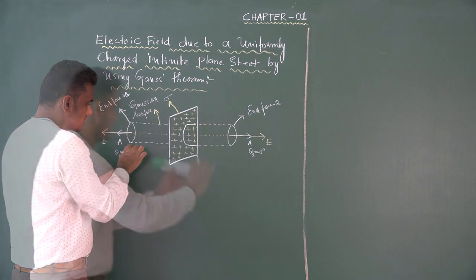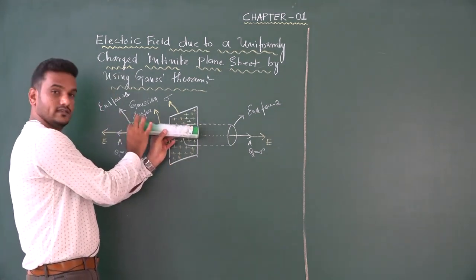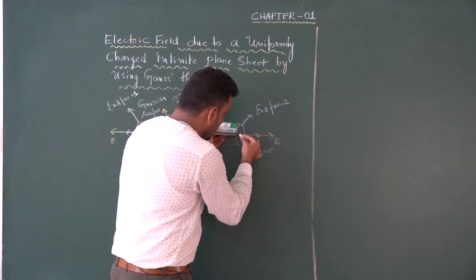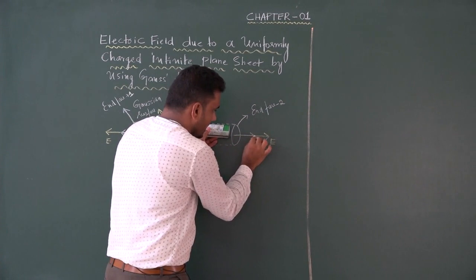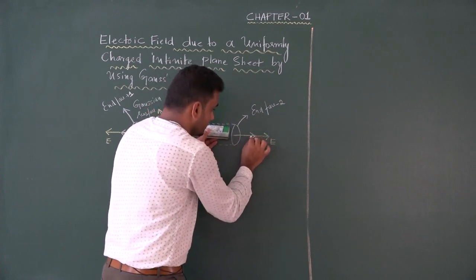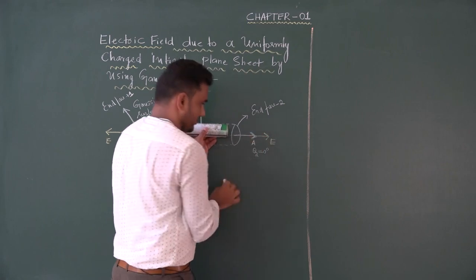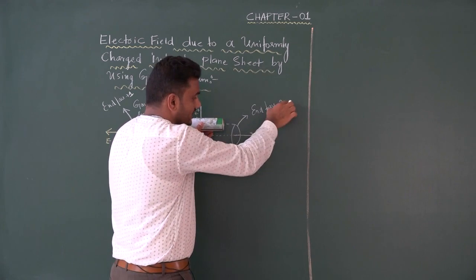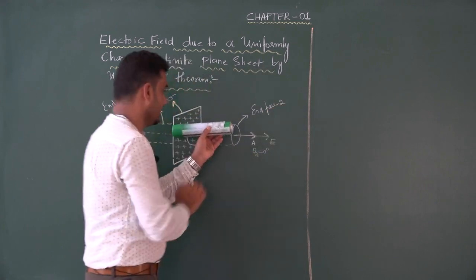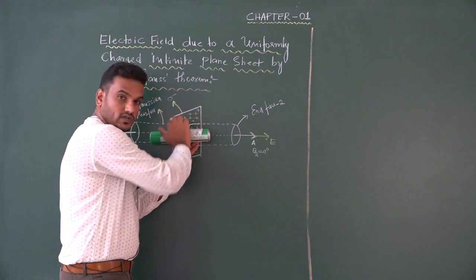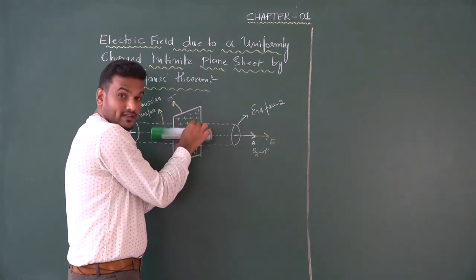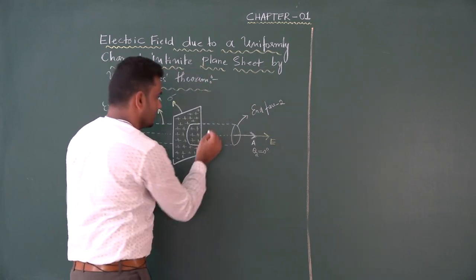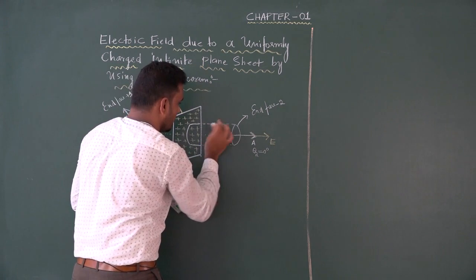So here both are parallel to each other, so theta 1 is equal to 0 degree. For end face 1, I am writing the area vector perpendicular to this surface. Similarly, perpendicular to this surface I am writing one more area vector. Both are parallel to each other, so theta 2 is equal to 0 degree. Why? Because I have taken end face 2. To the curved surface, I am writing one area vector, taking one perpendicular line to this surface.